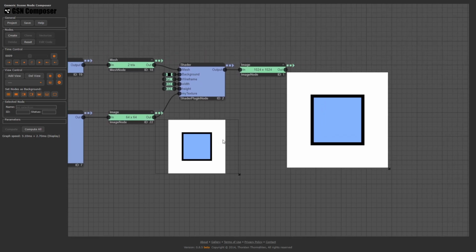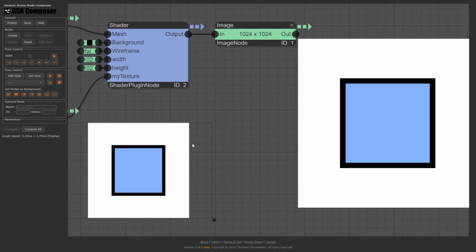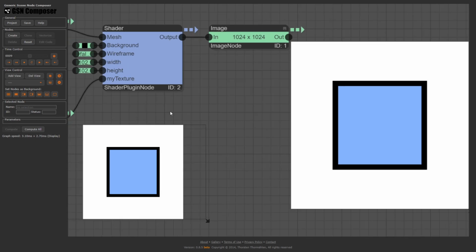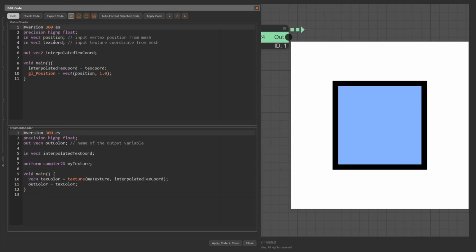However, in the GSN Composer, you can switch the filter type in the shader code using key value pairs that are placed in a comment after the definition of the sampler2D variable. Uniform sampler2D myTexture, magFilter equals linear. Apply code. When we switch between linear and nearest, we see the effect of the magnification filter.